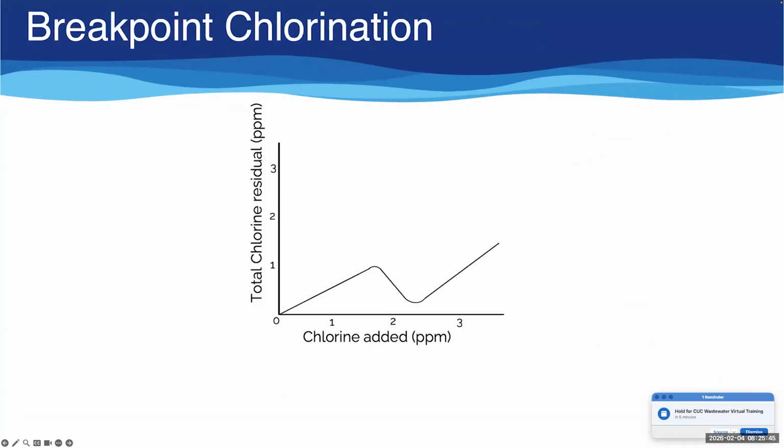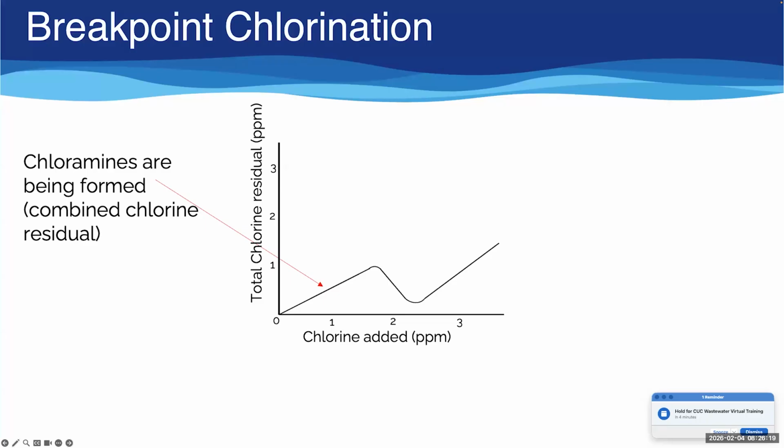There's a concept known as breakpoint chlorination that is good to understand. I'm going to give you a very, very brief primer here. This basically shows on the x-axis the amount of chlorine we've added to a given amount of wastewater effluent in parts per million. And what is shown on the y-axis is the total chlorine residual. We're starting at the bottom left corner at 0, assuming that there's some amount of ammonia or nitrogen compounds in the water. And in this initial upward trending part of the graph,